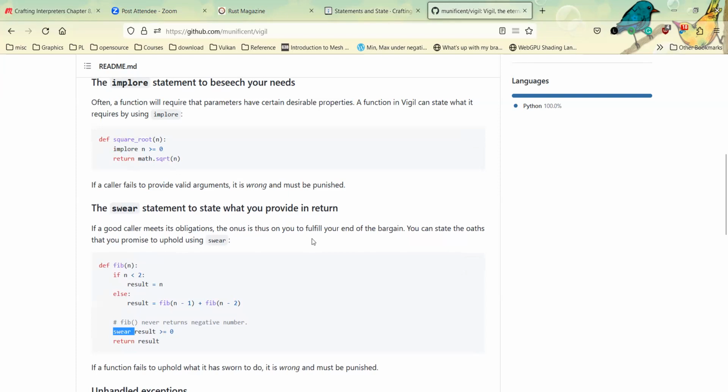Wait, but do either of them get removed for production builds? No, well, it's Python. We don't care about speed. We care about everything else. If a caller fails to provide valid arguments, it is wrong and must be punished.